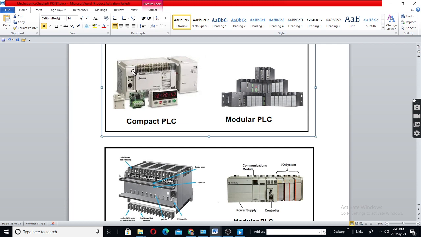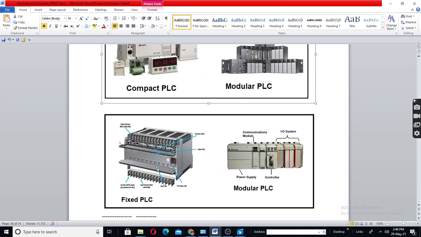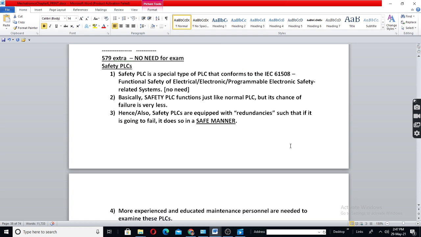This one, this one, everything is a compact PLC. This is a bigger, larger one, a modular PLC. Compact PLC is also called a fixed PLC, meaning everything is fixed here. Here you can add IO modules according to extra slots available in the rack. These are mounted on a rack